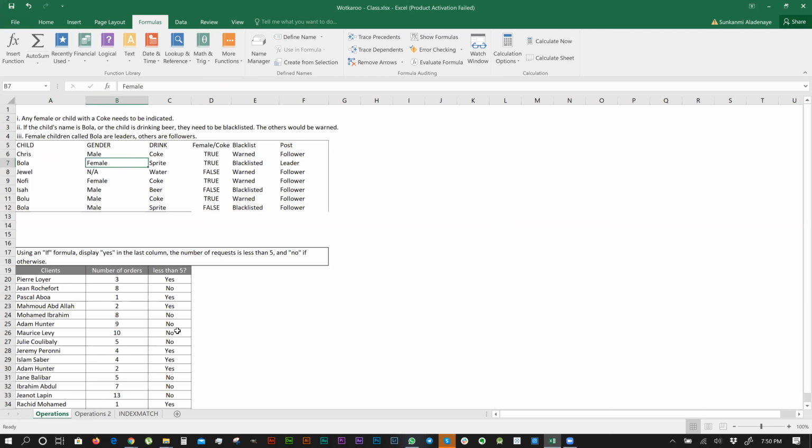Now let's move to the next sheet. Don't worry, I'm still going to send the file to everybody. I'm sorry about all the network issues we had earlier. Now move to operations 2,